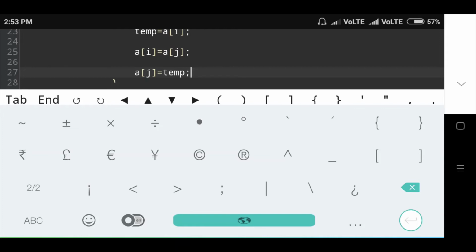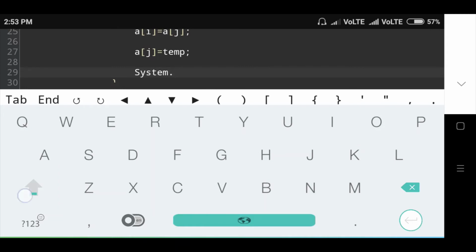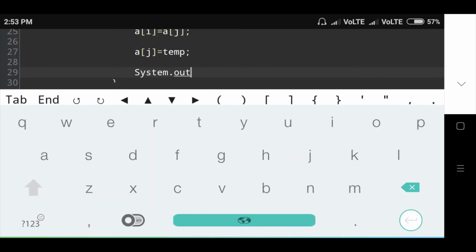Then I am displaying elements of the array after sorting. Okay, then I am printing the message System.out.println.